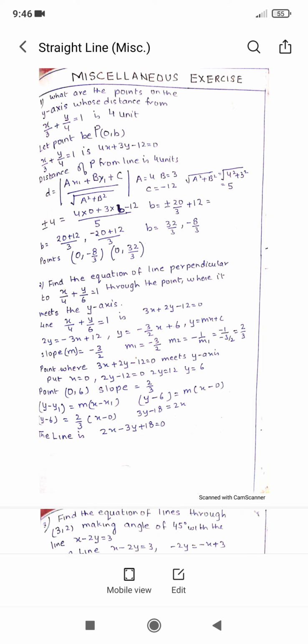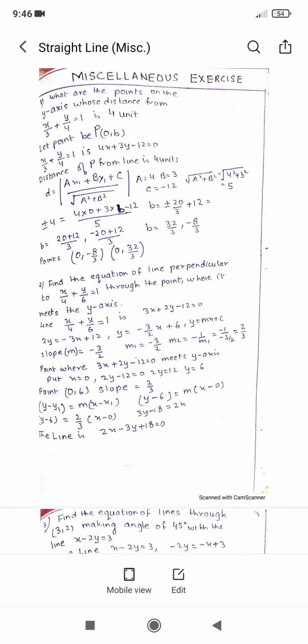We put the values, and we know the distance is 4 units. We take both the positive and negative value of 4 and equate it in the formula. We get the value of b as 32/3 and -8/3, using both positive 4 and